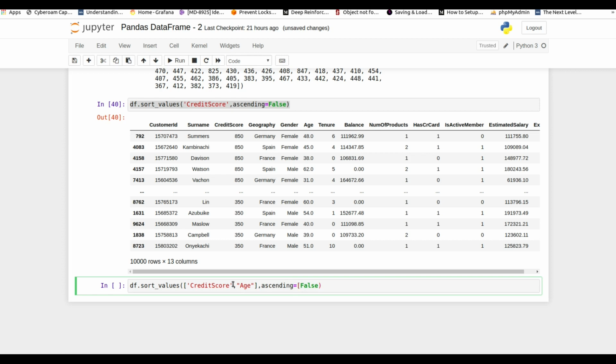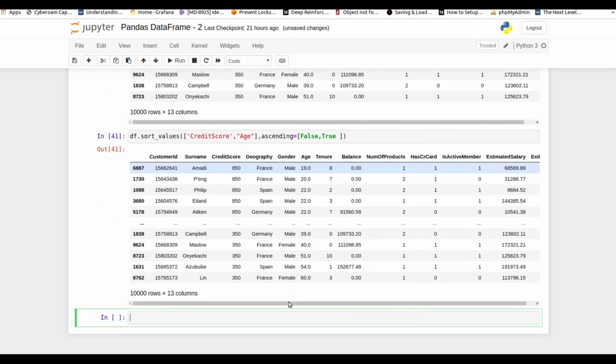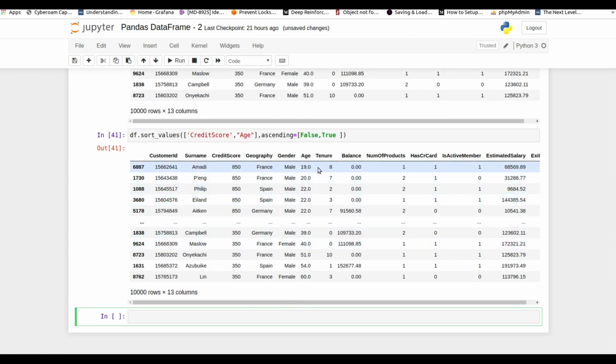Similarly, you need to provide a list in ascending. I'm going to do descending order of credit score and ascending order of age, so I will provide False for credit score and True for age, which means descending order for credit score and ascending order for age. I'll run it so you can check it out. We have a minimum age of 19 and a maximum credit score of 850. In this way you can manipulate the data and understand the data. That's why I've said these are the basic or general methods that every data scientist uses in their daily life.